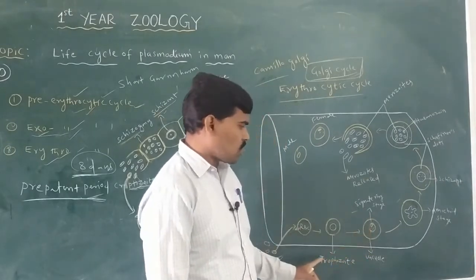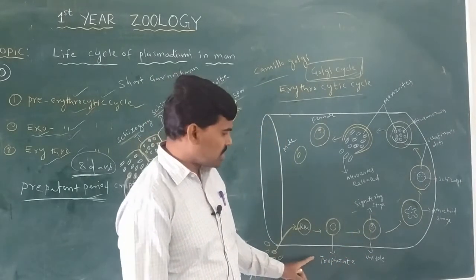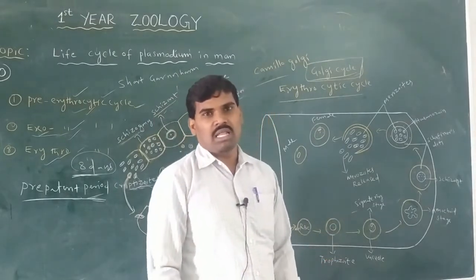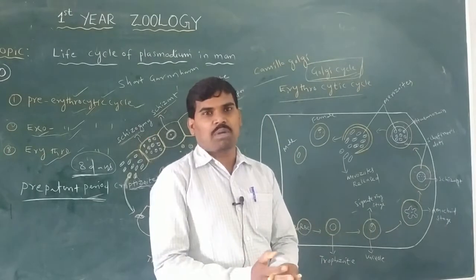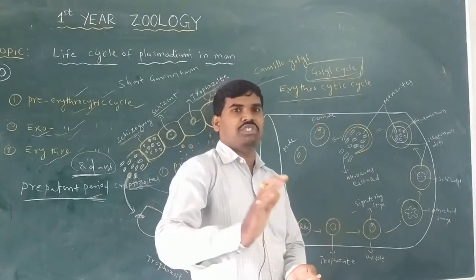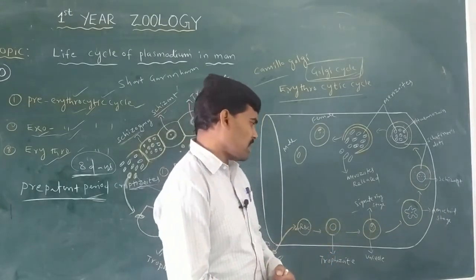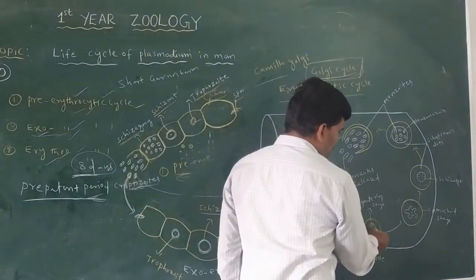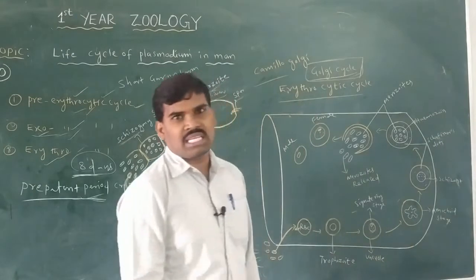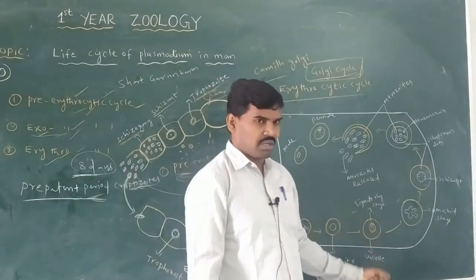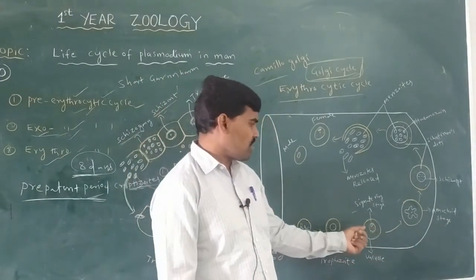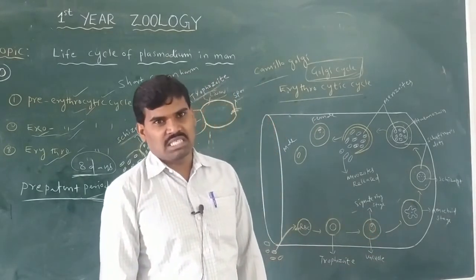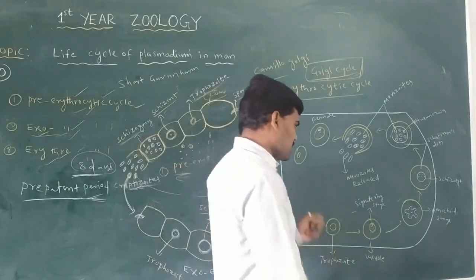In the trophozoite stage, after the vacuole is formed, the cytoplasm is pushed to one side. With the cytoplasm on one side and the vacuole, a finger-ring-like structure is formed, hence the name signet ring stage.